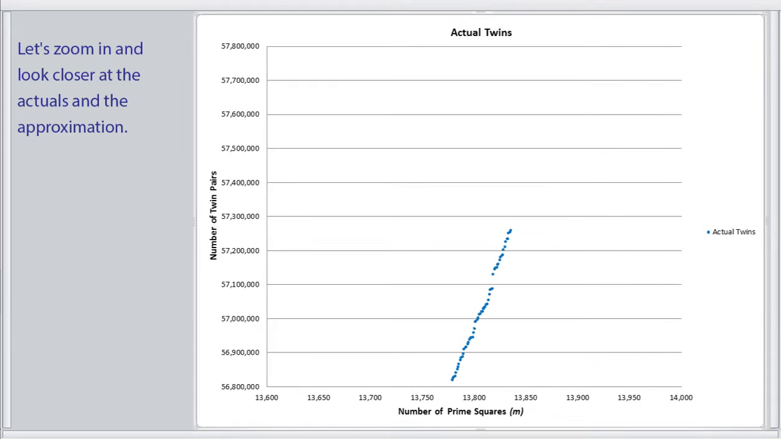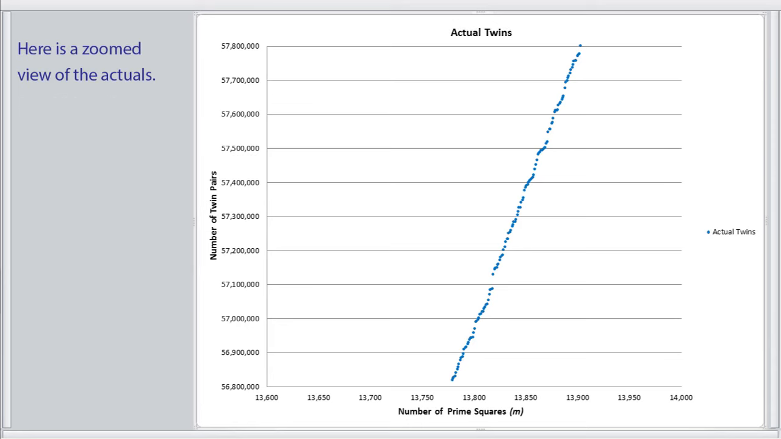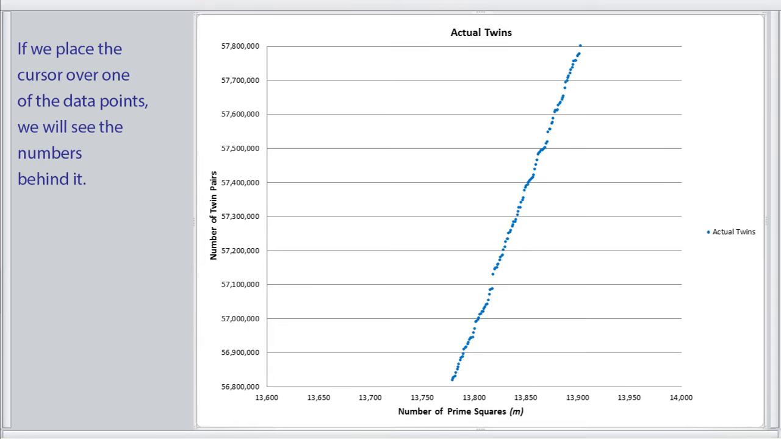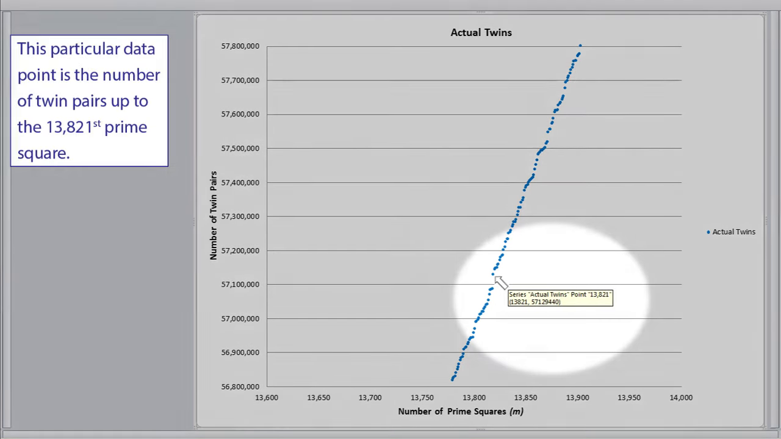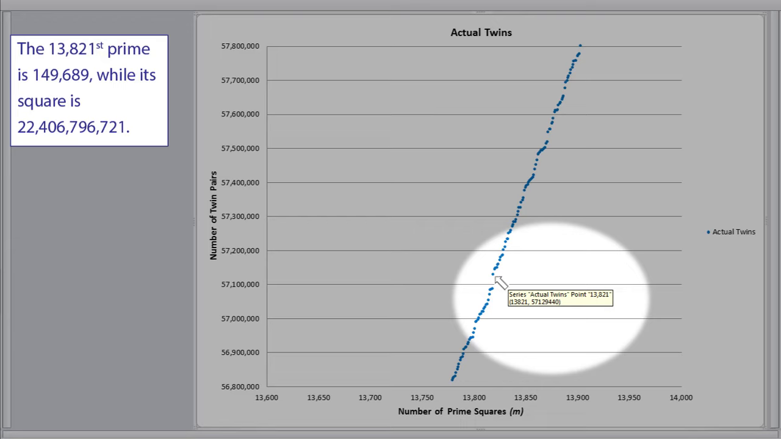Let's zoom in and look closer at the actuals and the approximation. Here is a zoomed view of the actuals. If we place the cursor over one of the data points, we will see the numbers behind it. This particular data point is the number of twin pairs up to the 13,821st prime square. The 13,821st prime is